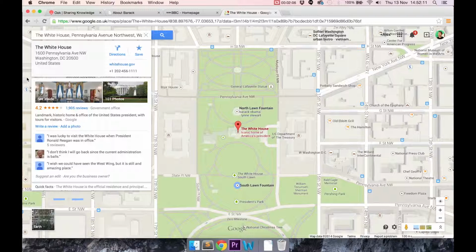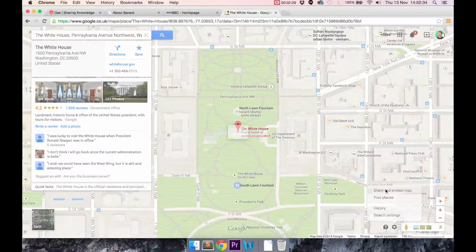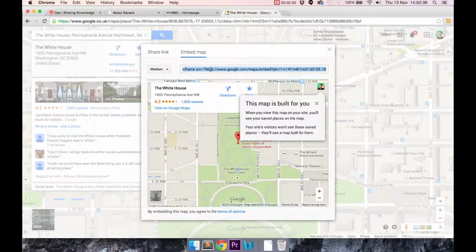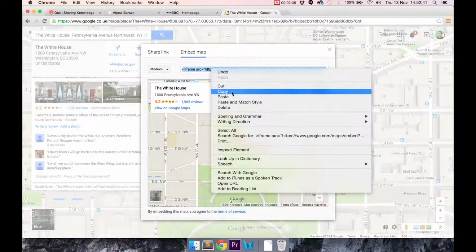Now this process can differ from internet browser to internet browser. On a Windows PC, even if you're using Firefox and not just Internet Explorer, which you definitely should not be using at this stage, there'll be a bar on the left-hand side with almost a pair of handcuffs, which you can click instead of clicking this cog here in the bottom right-hand corner, which is what we're going to be doing now. So if you're using an up-to-date internet browser, you should be seeing this cog. Click on the cog, click Share and Embed, and you're looking for this iframe here. So copy this iframe code,